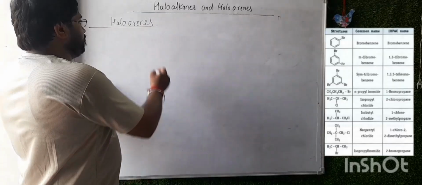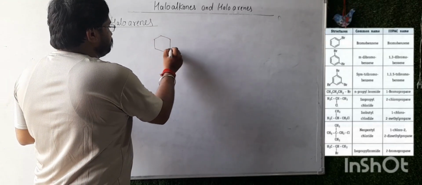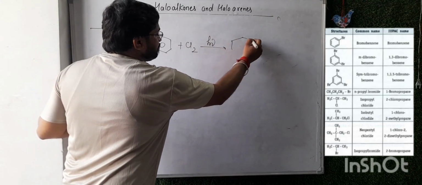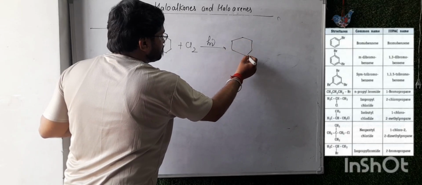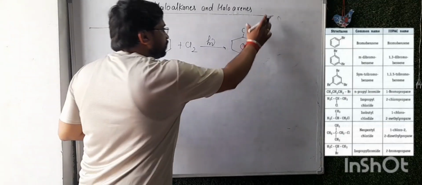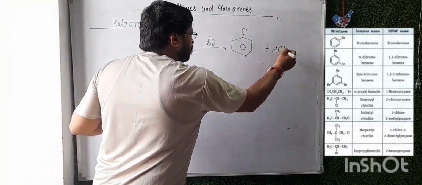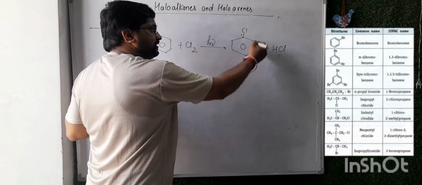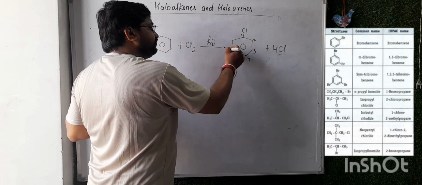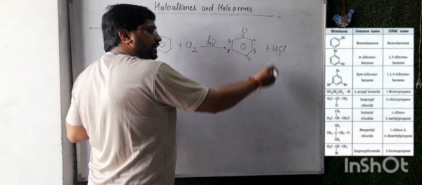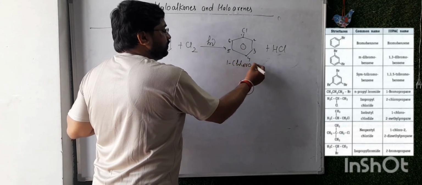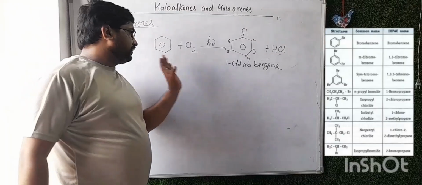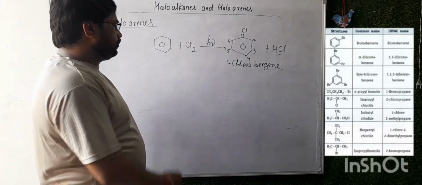ठीक, जैसे हमने कहा कि बेंजीन है, अगर इसकी भी रिएक्शन हम क्या करते हैं, क्लोरीन से कराते हैं, तो क्या होगा, एक हाइड्रोजन सब्स्टिट्यूट हो जाएगा, और वहां पे क्या लग जाएगा, क्लोरीन लग जाएगा। बाई प्रोडक्ट में हम हाइड्रोजन क्लोराइड HCl बना दें, क्लियर। ओके, तो यहाँ पे बनने वाला स्ट्रक्चर क्या होगा, ये फर्स्ट कार्बन है, ऐसे ही 6 कार्बन होंगे, 2 3 4 5 6। तो फर्स्ट कार्बन पे लगा हुआ, कहीं भी लगे फर्स्ट कार्बन इंट्रोड्यूस होगा, 1 क्लोरो, क्या बन गया, डेरिवेटिव बेंजीन का है तो इसका नाम भी क्या होगा, बेंजीन होगा, क्लियर। तो क्लोरीन, ठीक है, बेंजीन रिएक्ट विद द क्लोरीन, दिस फॉर्मेशन ऑफ 1 क्लोरो बेंजीन, 1 क्लोरो